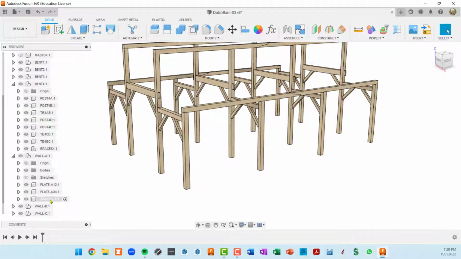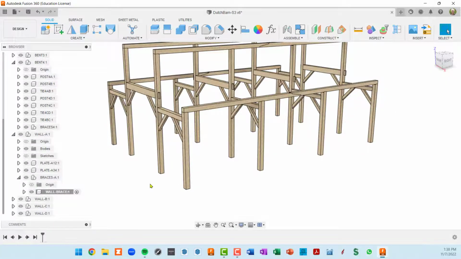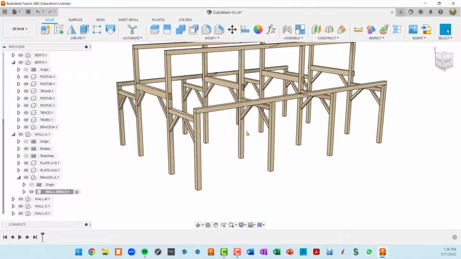So now we want to create a single brace inside that newly created component. So I create another component, and I'm going to call this wall brace. And once that's all finished, we're going to create exact copies of that brace and then rotate if necessary and